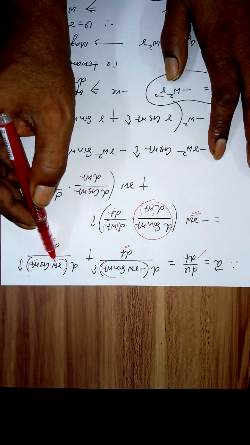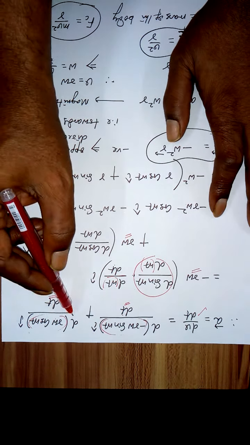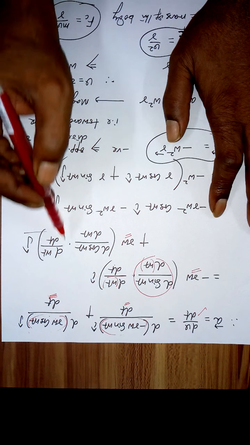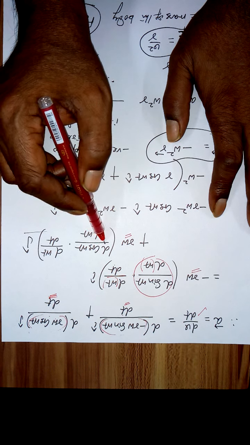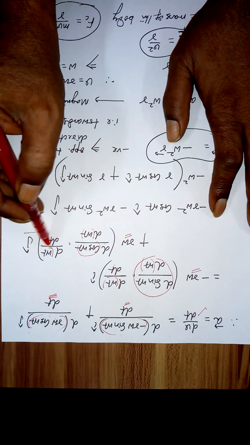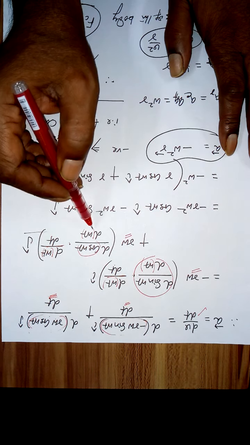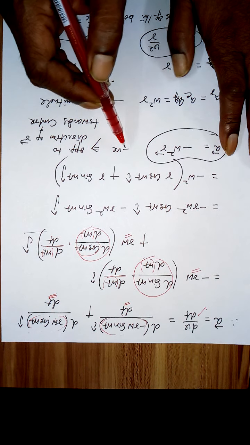Similarly here, r omega is a constant taken out, so I am left with derivative of cos omega t with respect to dt, which I rewrite as derivative of cos omega t with respect to d omega t into derivative of d omega t with respect to dt, j cap. By doing so, this comes under a formula.